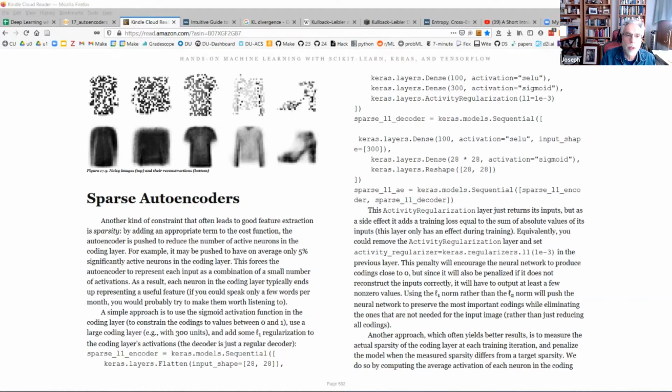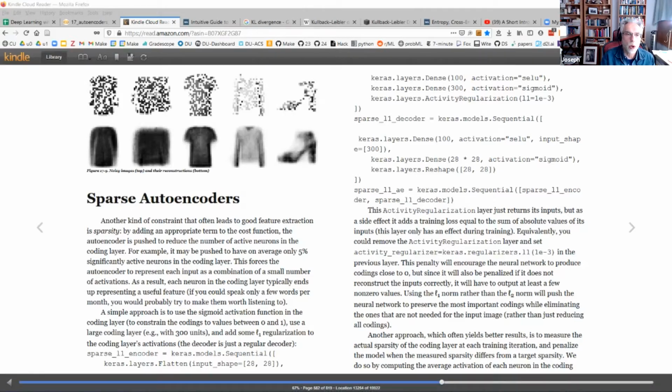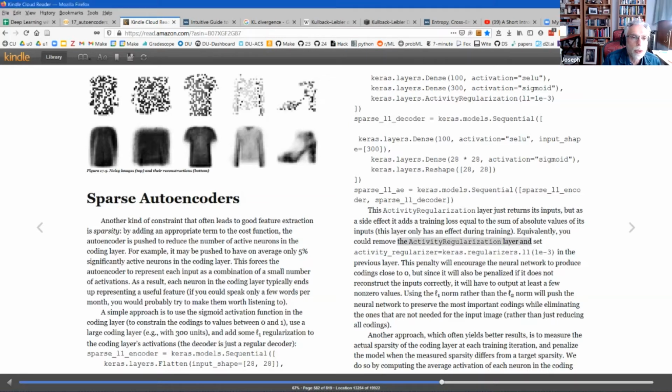network, which, instead of taking it from 100 down to 30, takes it from 100 up to 300. But then it imposes L1 regularization. And he mentions that you can do it this way, where the regularization is a separate layer, or you could just incorporate the regularization into this dense layer. He said you could remove the activity regularization layer, which is this one, and just set this parameter inside of here. So in other words, you would say layers.dense,